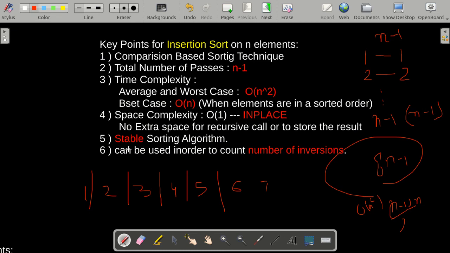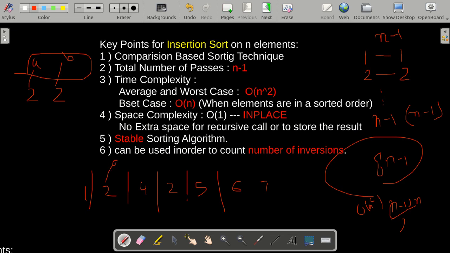Also, insertion sort is a stable sorting algorithm, which means that if I have 2 2's in the array, and if I name one as A and the other as B, then after sorting, the order of A and B will be the same. Now let's see how. I'll just write 4 over here and I'll make it 2.